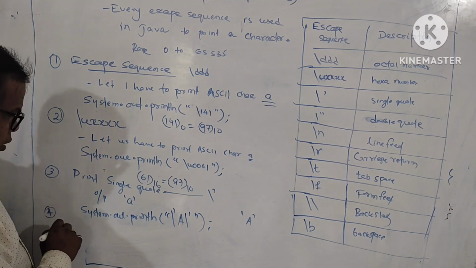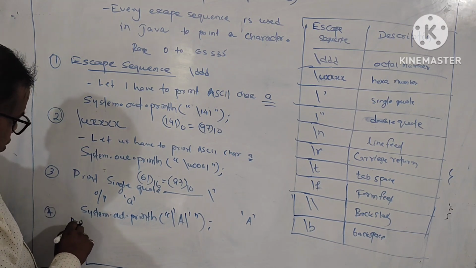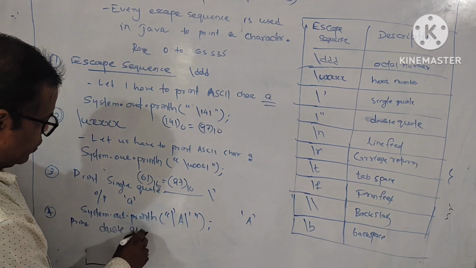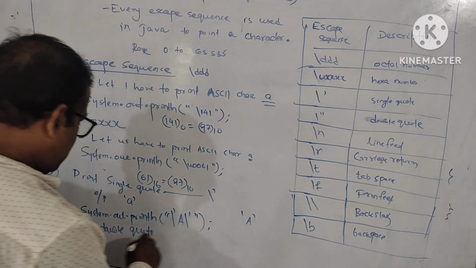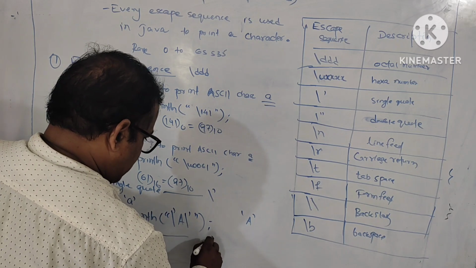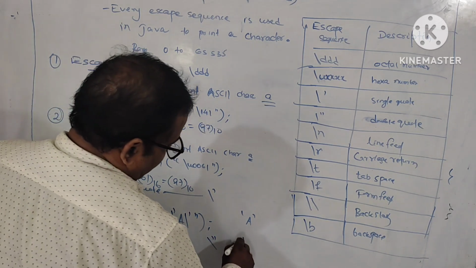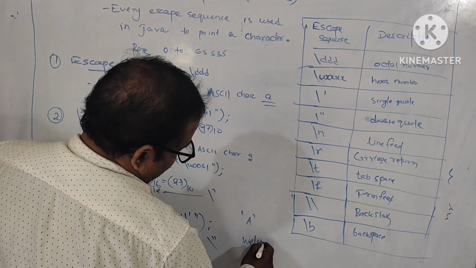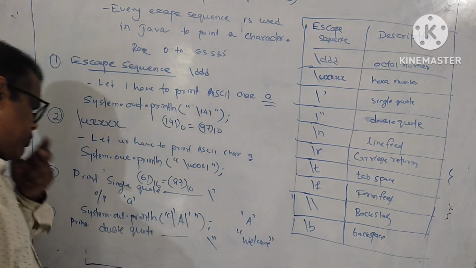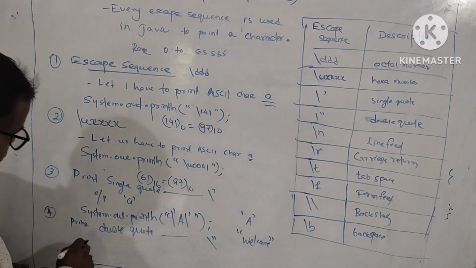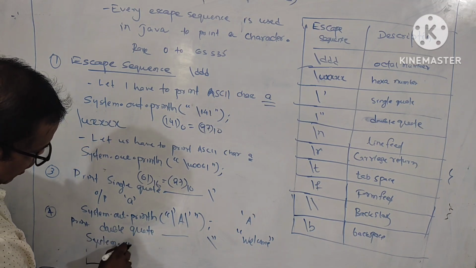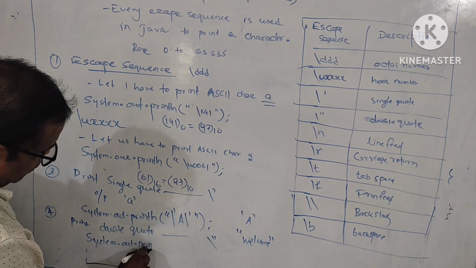Now suppose you have to print a double quote. What is the double quote escape sequence? Backslash double quote. Suppose I write welcome. I don't want to write it plainly, I want to print welcome within double quotes. So what I will write here is System.out.println